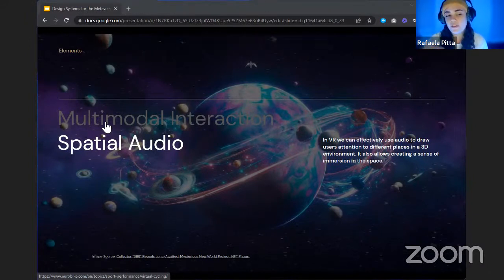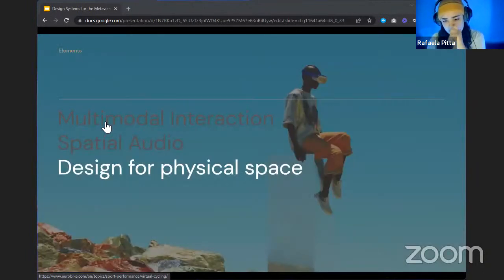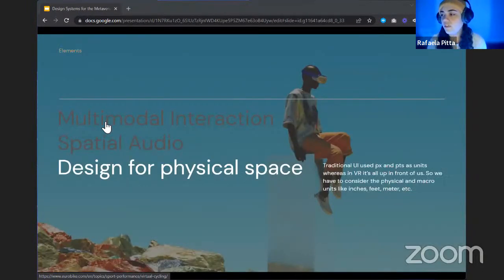So I think if you have elements like background audio to help you create this universe, it would also be very, very helpful. And I think the key for creating something for the metaverse is design for physical spaces. The physical space that you have right now, your office, your house, your room, whatever it is, it's built in some engineering or in some way that you can comprehend and you can perceive, well, I'm in some place. I'm not in nowhere, I'm in somewhere.